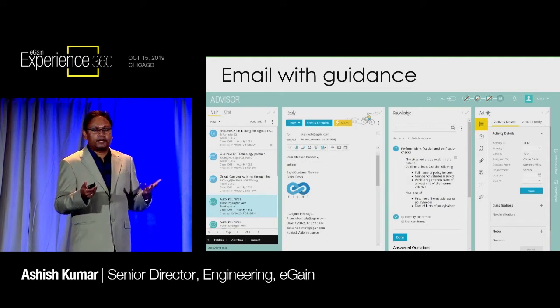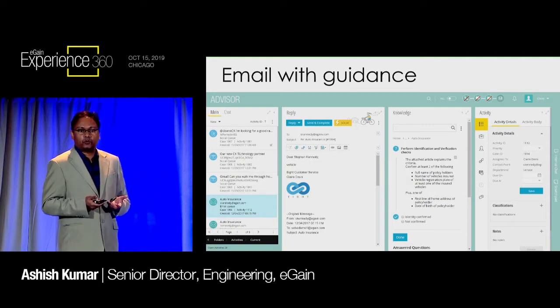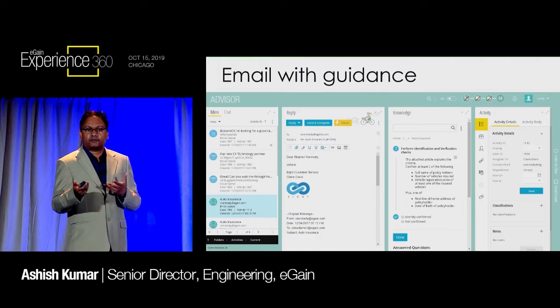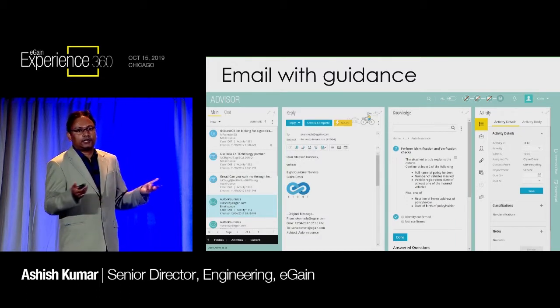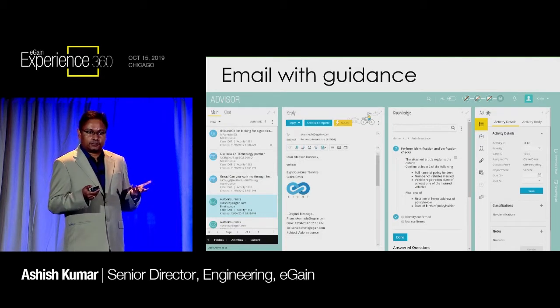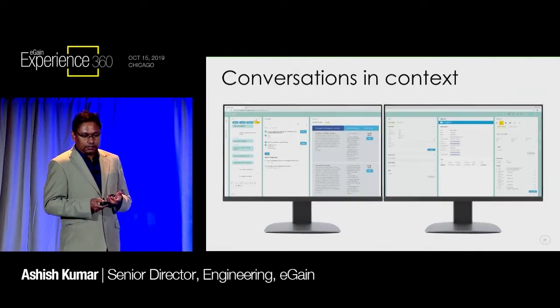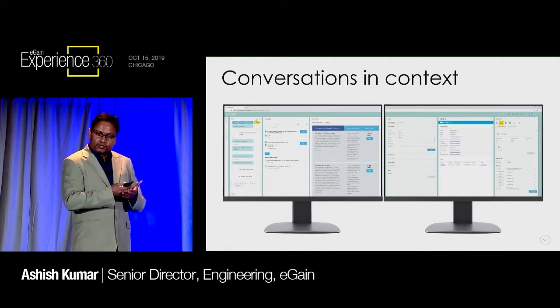If you have better resolution monitors, then you can actually take out a few panes. Remember, the default is 3 panes, but in this case, the agent has 4 panes. So you can take out a certain pane that is of importance to you. It could be your custom pane or one of our panes, and then you can lay out on a single monitor with high resolution. If you have 2 monitors, you can stretch it.